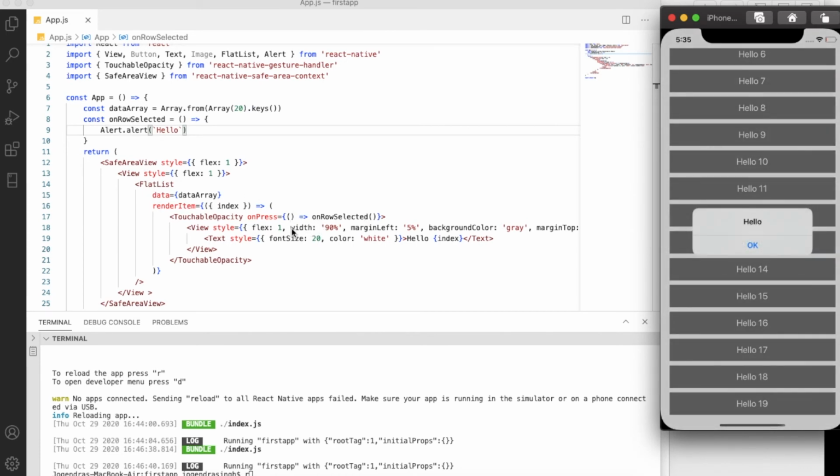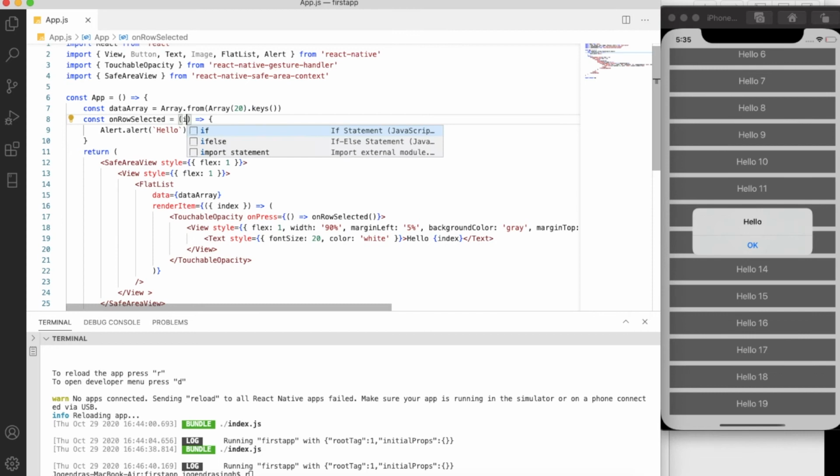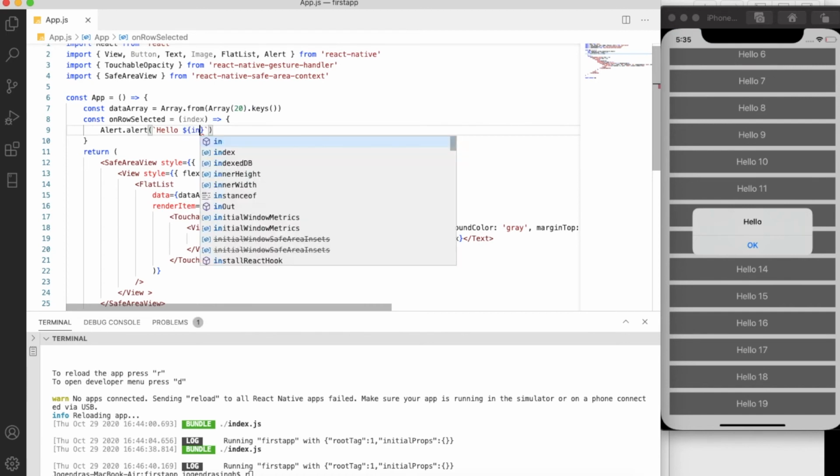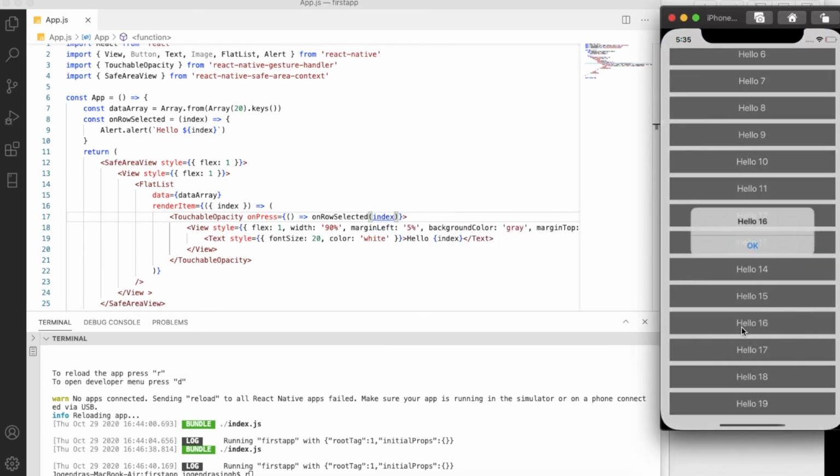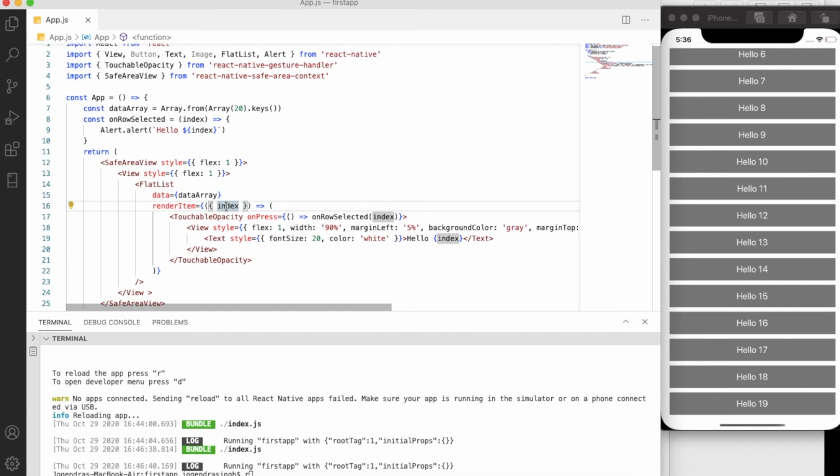Now everybody is curious that you need to pass the index value in this function. So you will declare index here, and I'm printing here again using the same method, index, and from here I will pass the parent index, and we will see our index is printing here. That is passing the dynamic value from our render method index.